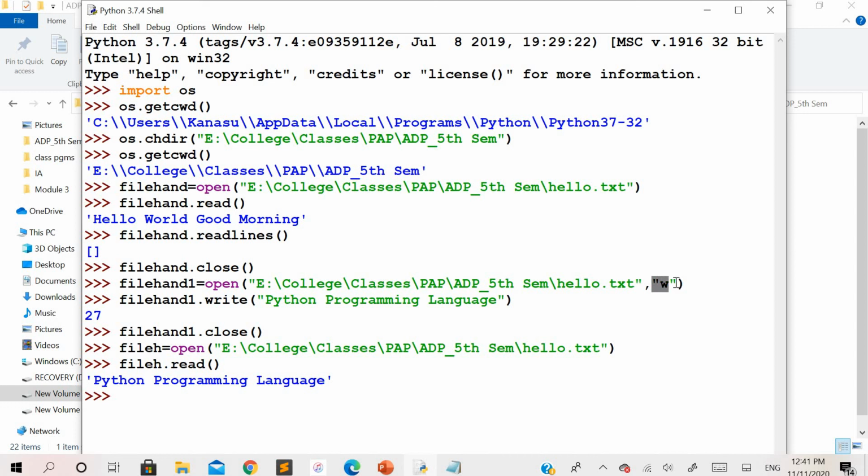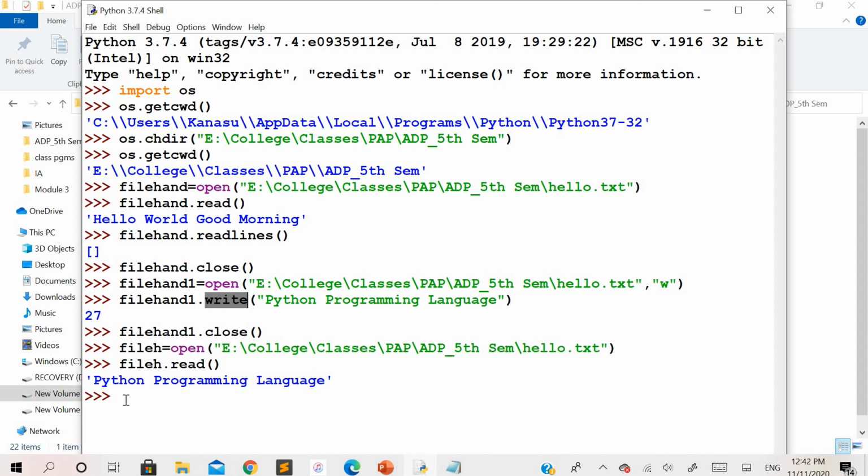So we have used the write mode to open the file. This w tells that the file needs to be opened in write mode, and whatever is going to be written will override the existing content. Do remember this. For writing content into the file, we use the write method as I showed you here. It needs to be used with the file handler object that you created with the open method, and the parameter to this write method is the content that you want to write into that file.